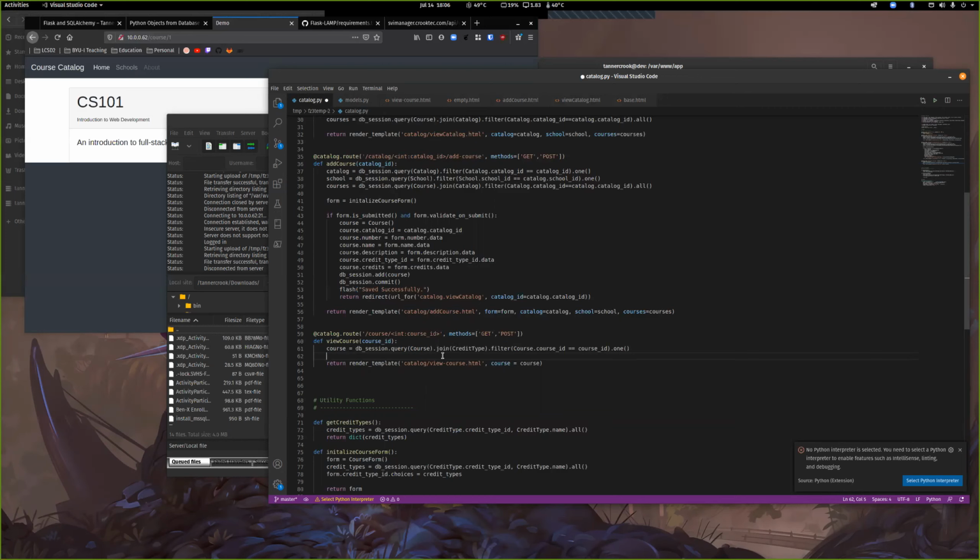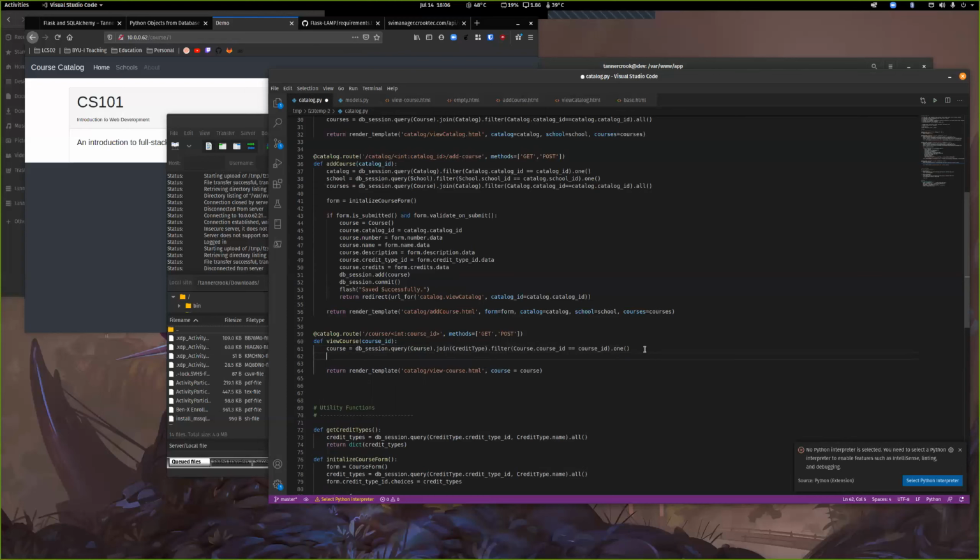So anyways, we pulled our course and we joined it here. But like I said, we actually want that credit type, and there are a couple different ways we could do this. The problem is we want the name of the credit, and we could pull our data individually. We could say we want course.number, course.name, we could pull it all individually. But oftentimes what I like to do is go like this, and we could say the credit type is equal to db.session.query